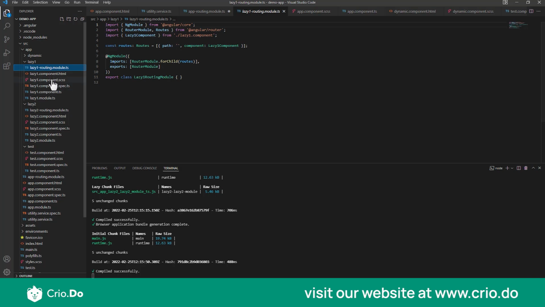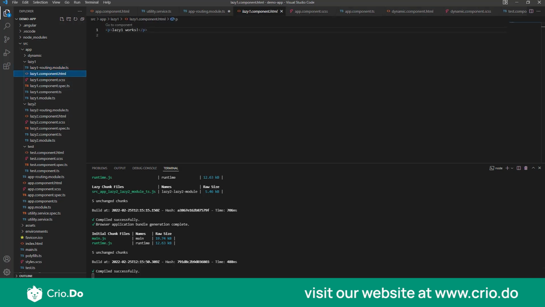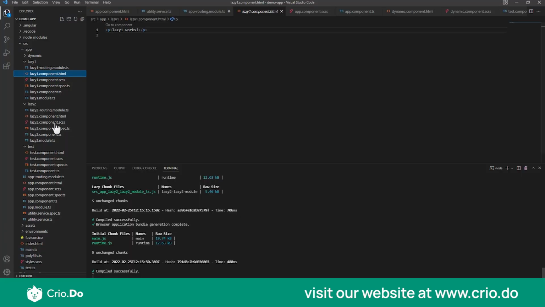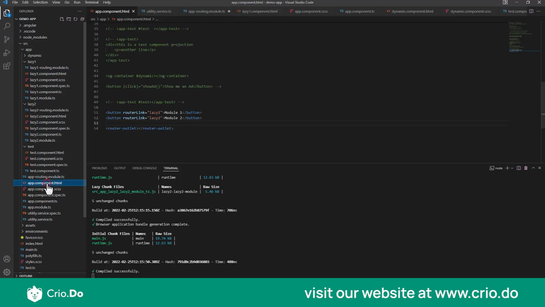And that's how your lazy1 component will get rendered on the screen. So yeah, just a quick revision on what we did earlier. The whole purpose of me doing this is I just wanted to show you guys how these things are working, right? So what I will do is,